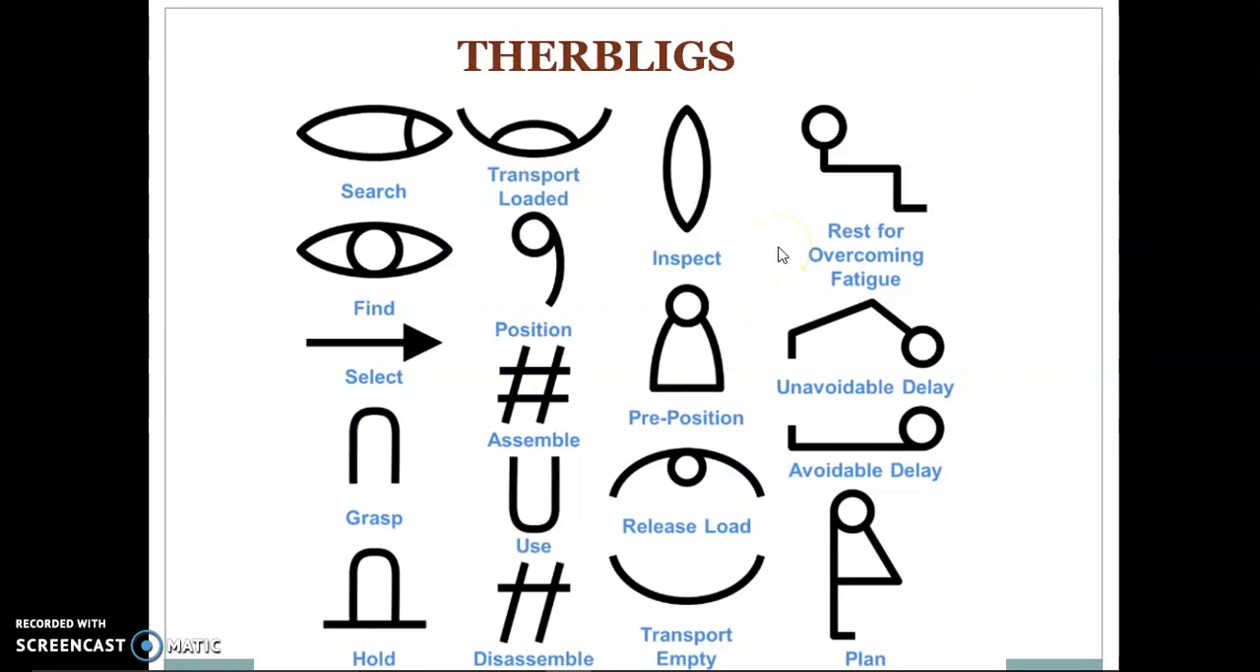Now let us discuss the therbligs which are used in micromotion study. These are the set of symbols given by Gilbreth. These symbols are used for recording the existing method. Now these are the symbols which record the various activities involved, either at macroscopic level or microscopic level. But our intention is to record the activities at microscopic level. So therefore,